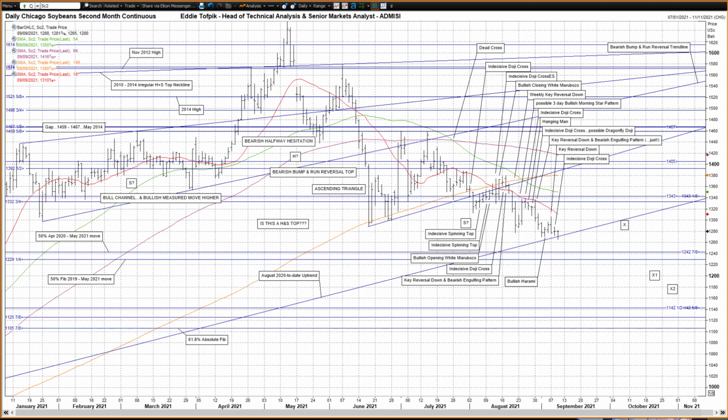The bearish halfway hesitation that takes the action from early to mid-June, making the left flagpole now. The market has in reality made a bit of a mess of the right-hand flagpole for this. In part, probably a large part, has been due to the clash with the ascending triangle pattern. Nevertheless, prices have moved lower down through the lows of June, and in recent weeks reaching the old target X in the 1290 area. This was the original primary target for the ascending triangle pattern, achieved 3 weeks ago, and this is where we've seemingly held last week,